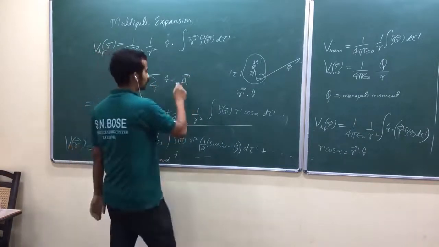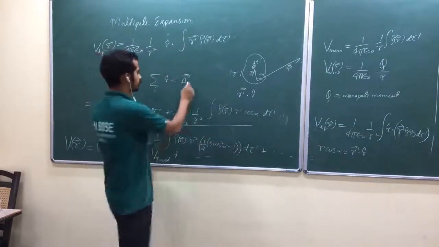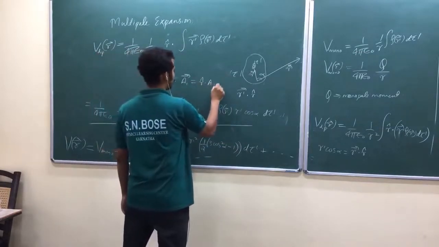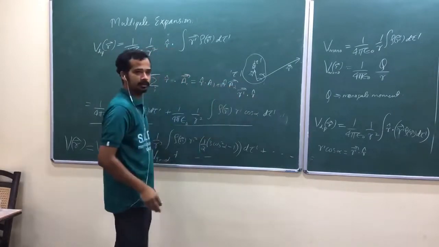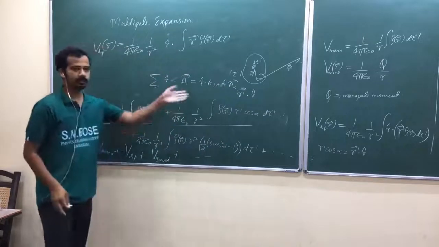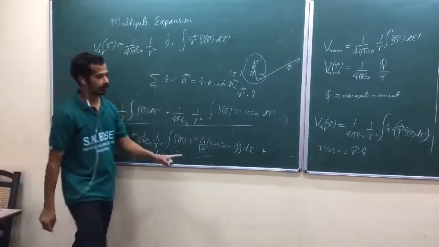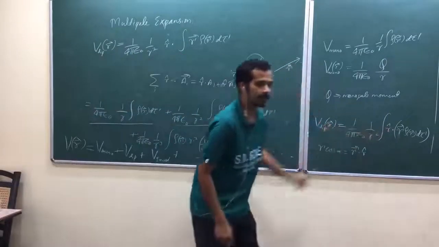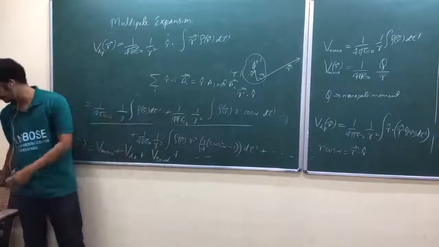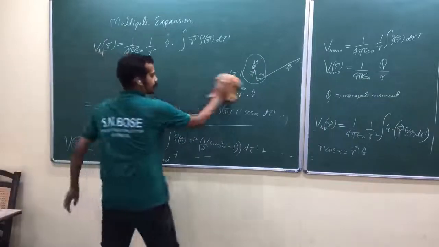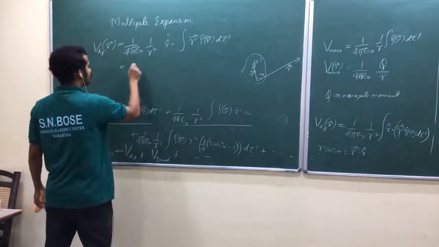Then what would you do? r cap dot a1, r cap dot a2, r cap dot a3, so like that. r cap dot a1 plus r cap dot a2 and so on. Am I right? Okay, can I write it as r cap dot a1 plus a2 plus a3? That idea. If you're feeling uncomfortable with how I have taken that r cap outside, take this idea: summation is generalized to integration always. Is that okay? So now the very next step, we are going to define this as the dipole moment.